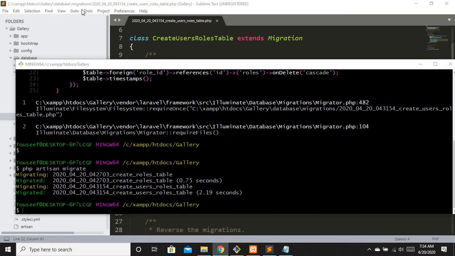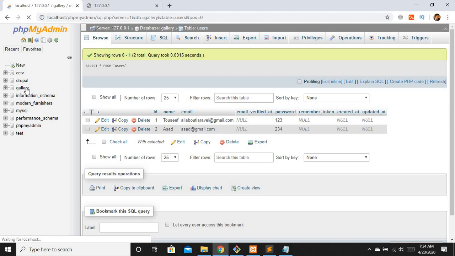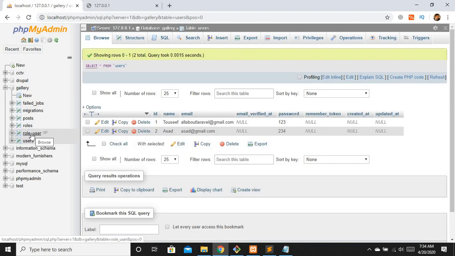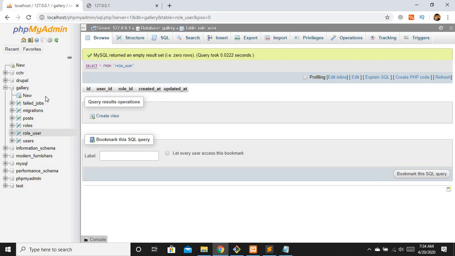Okay, so let's see our pivot table. I'm going to refresh it, and we have our role_user migration right here. It is only going to contain the respective IDs of users and roles. Now let's create some roles so that we can fetch the records.